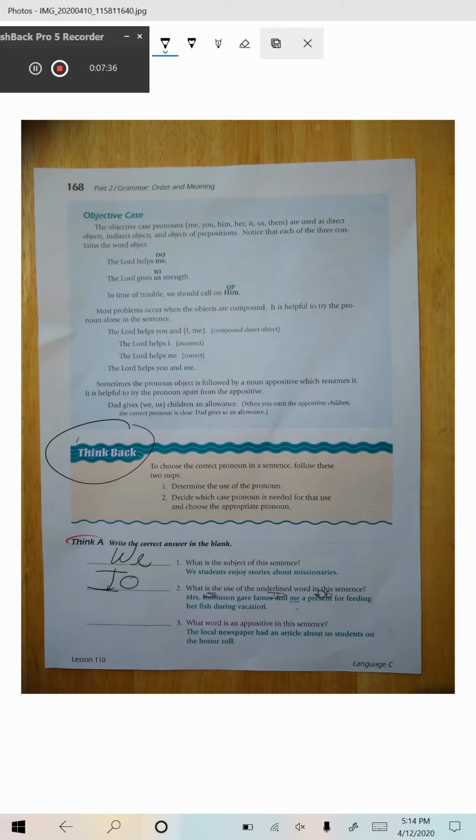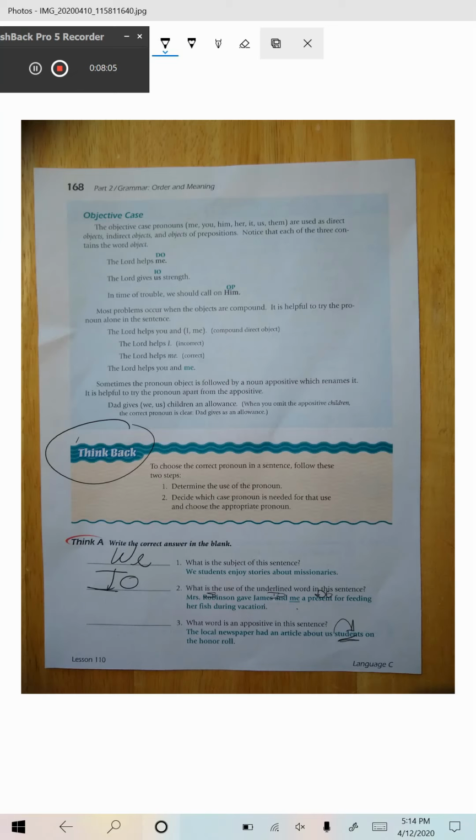What word is in apposition in this sentence? The local newspaper had an article about us students. Students is renaming us, I believe. Yes. So I'm totally going on my memory here of the appositives, but they're like